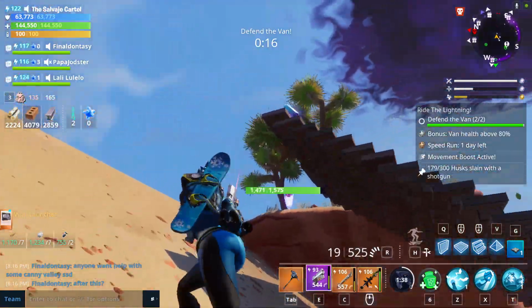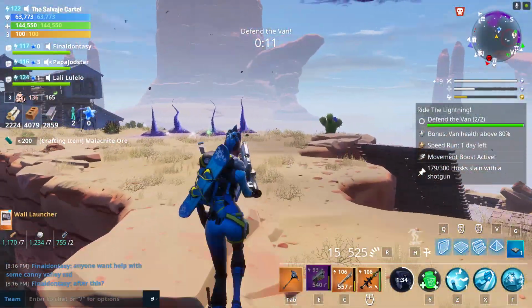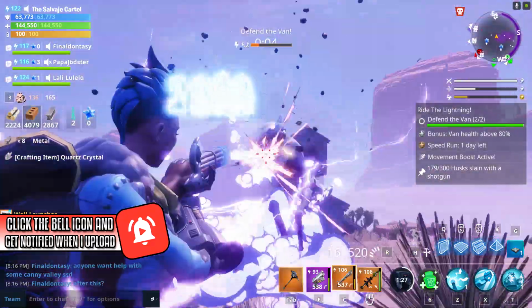Make sure that you don't let those mist monsters go to waste. I am going to pick up this Malachite because why not? This guy just dropped a stack of 200 Malachite. Alright, I'll take it. The reason why I want to grind up on Malachite is because in the future